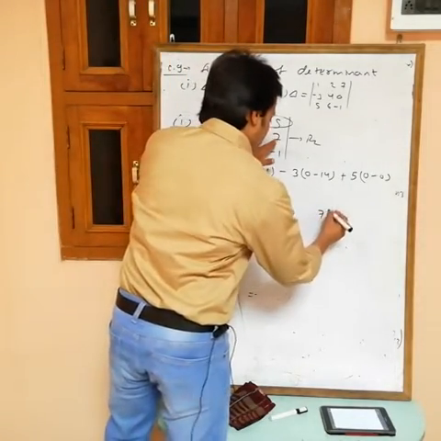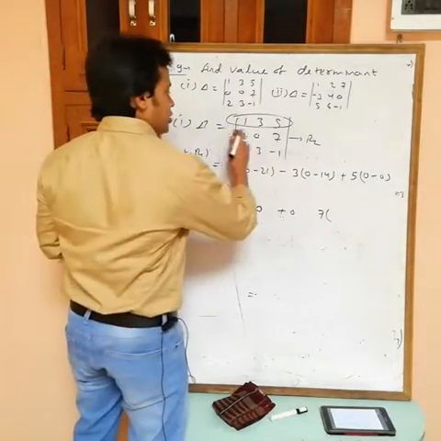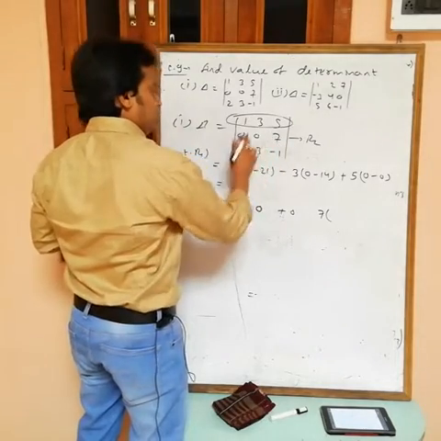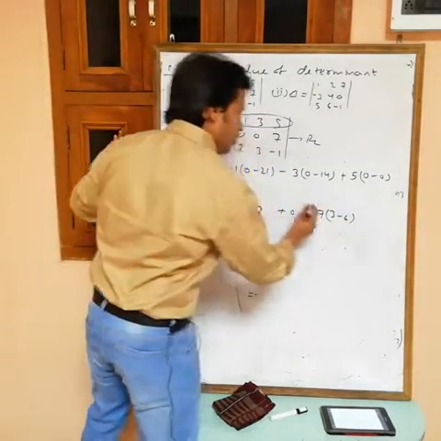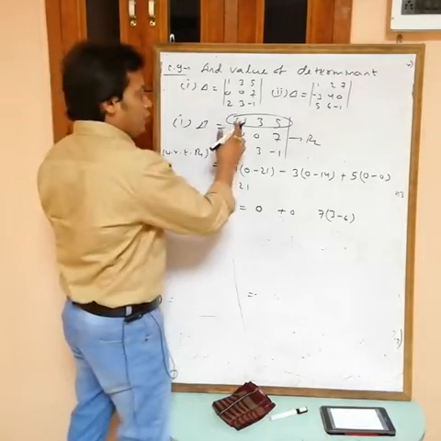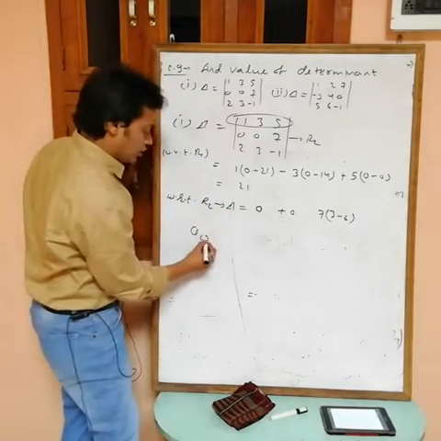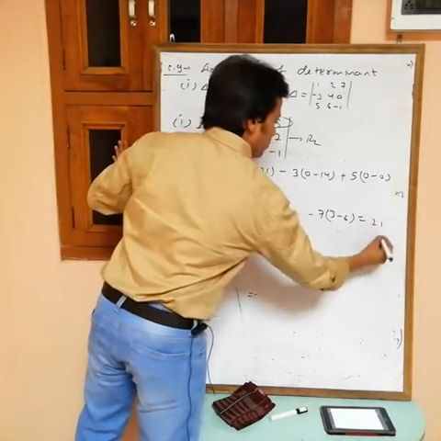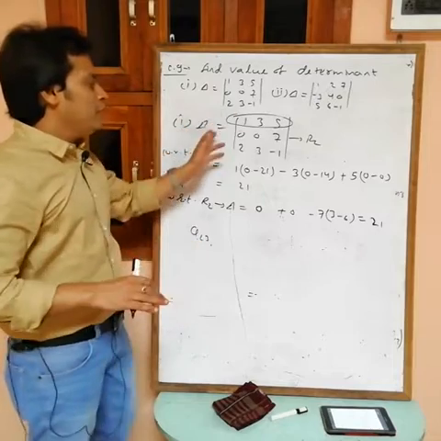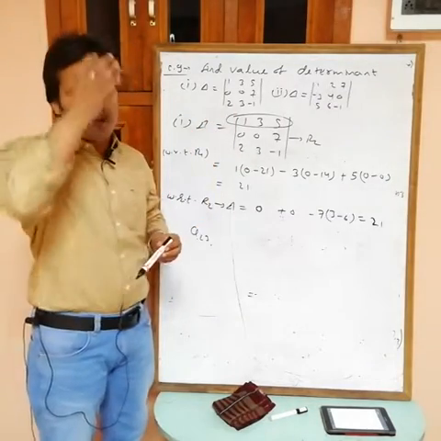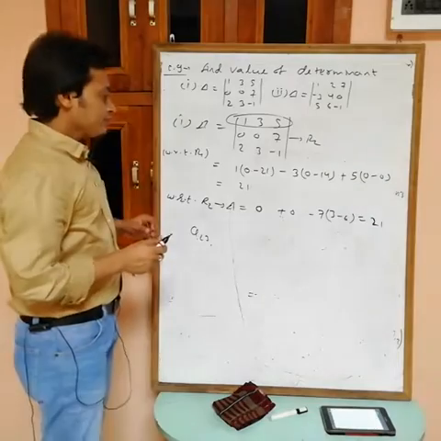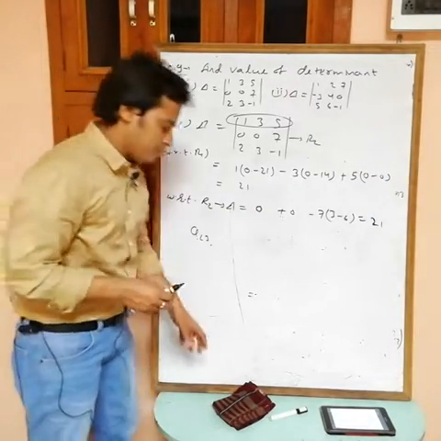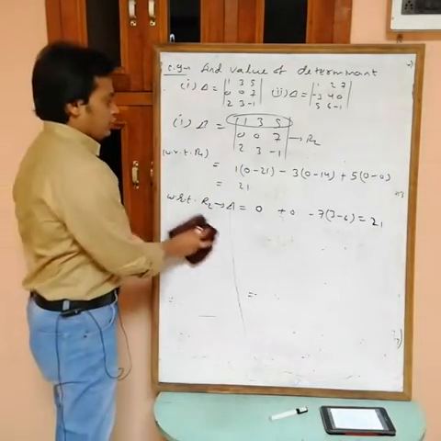Now 7. Multiply 7 with its cofactor: hide the corresponding row and column, second row and third column. Then 3 minus 6. Now decide the sign. This is a23, 2 plus 3 is 5, odd, so minus sign. If you solve this, you will get plus 21. So it doesn't matter whether you use R1 or R2, C1 or C2, you will always get the same value. So use the row or column in which we have one 0 or more than one 0. Okay, so the first one is done.